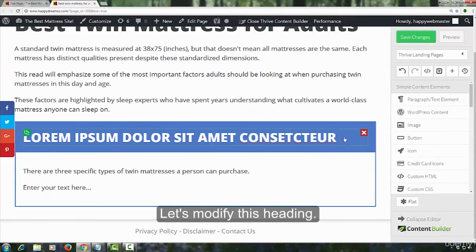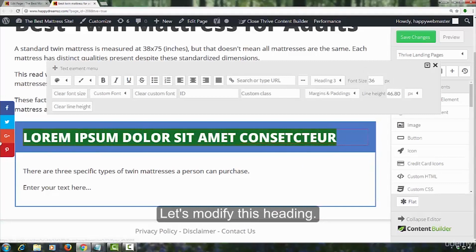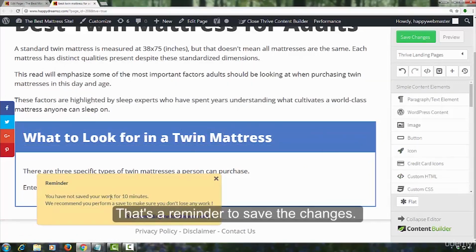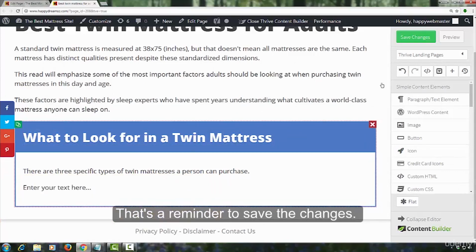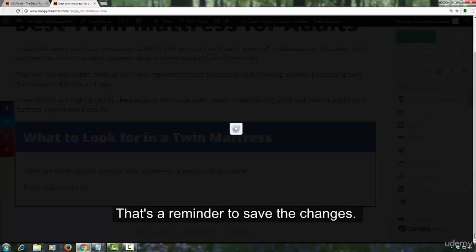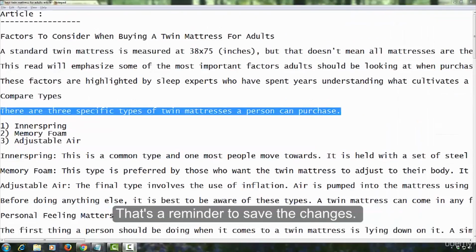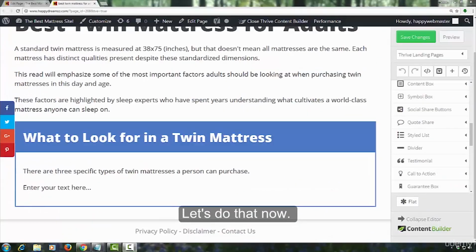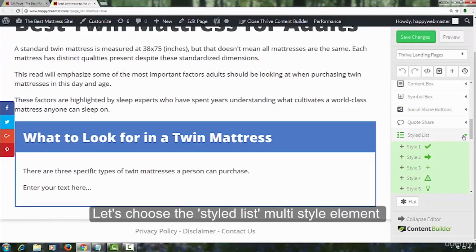Let's modify this heading. That's a reminder to save the changes. We now need to add this list. Let's do that now. Let's choose this style list multi-style element